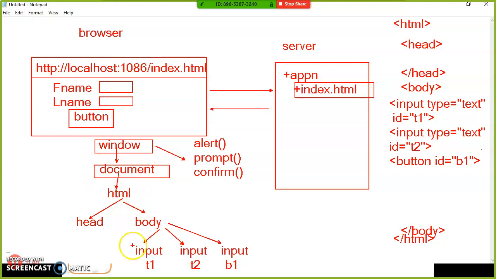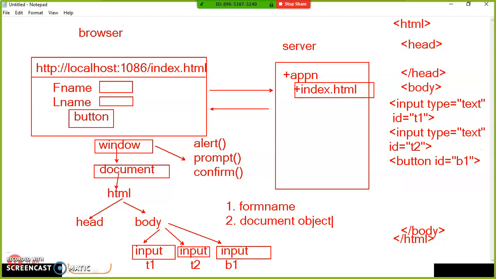The document object's main purpose is to catch the HTML element values at runtime. In HTML you have the elements, and those values you can catch in two ways. One is by using the form name, the other one is by using the document object. Mostly in real time we will use the document object only.